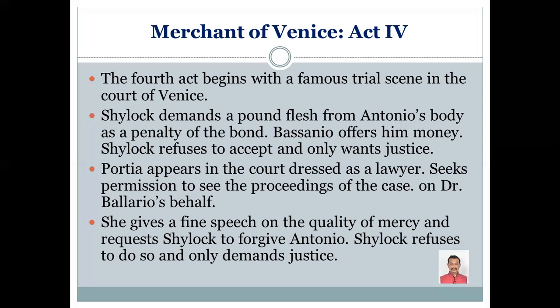Before she starts the proceedings of the court, before she looks into the matter of the case, and before she passes any judgment or speaks with Antonio and Shylock, she speaks to the court, and she gives a fine speech on the quality of mercy. She explains how mercy is doubly blessed, how it will shower benefit on both Antonio and Shylock. After speaking on the quality of mercy, she requests Shylock to forgive Antonio and take back his case. She says that you should show some mercy on Antonio. You should leave your bond. You should leave the conditions of your bond. You should not think about the terms and agreement of the bond, and you should accept